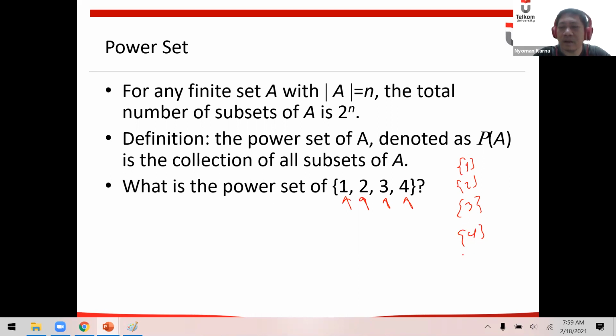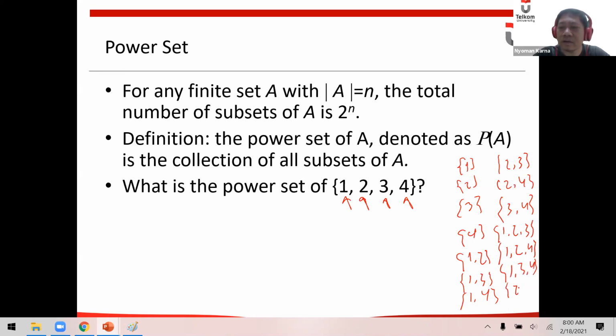Okay, and then we also have {1, 2}, {1, 3}, {1, 4}, {2, 3}, {2, 4}, and {3, 4}. And then we also have {1, 2, 3}, {1, 2, 4}, {1, 3, 4}, {2, 3, 4}.